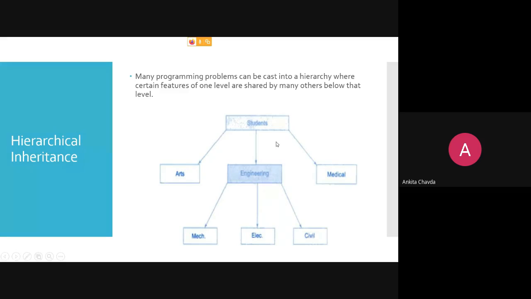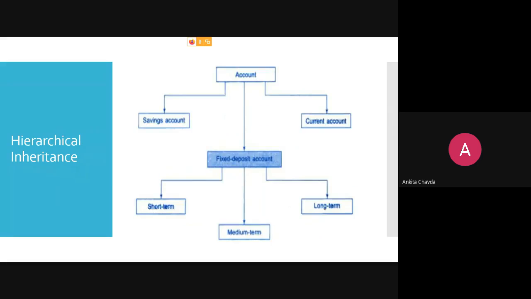Suppose students: they could be art students, engineering students, or medical students. If it is an engineering student, then it could be from mechanical, electrical, civil, or computer, any department. So this creates a hierarchy. This is hierarchical inheritance.